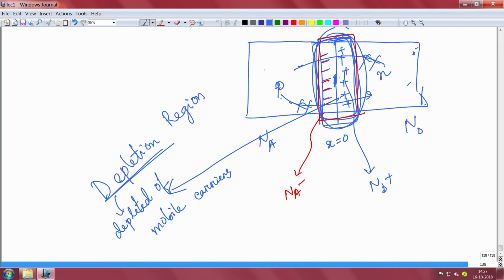Now, once you have joined this and understood how this is formed, how will the energy band diagram look for this? You remember the energy band diagram, conduction band, valence band, Fermi level. How will the energy band diagram look for this? That will tell us exactly many of the things that we want to understand in the PN junction. So, we will take that up in the next class.